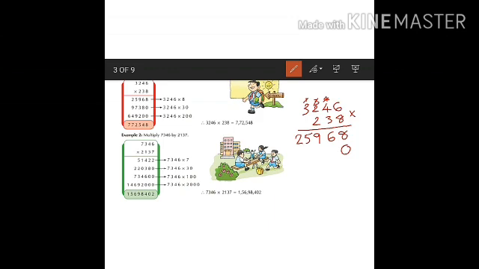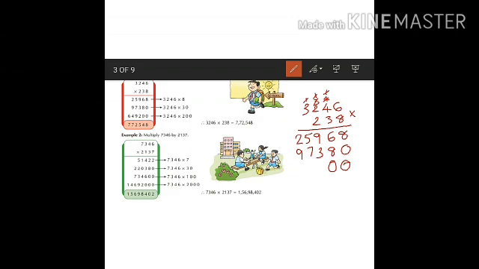Now we can start the multiplication by 3. 3 sixes are 18 and the carry will be put here. 3 fours are 12 plus 1, 13. Put the 1 here. 3 twos are 6 plus 1, 7. 3 threes are 9. Now we will put 0 in both ones and tens place, that is below this 0 and below 8.